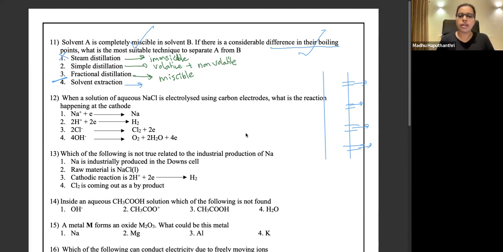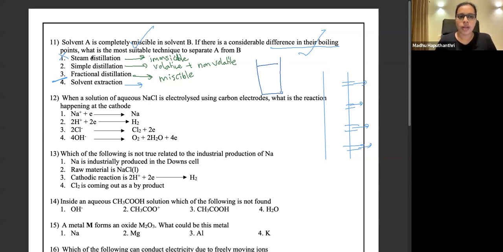So the resulting mixture is a homogeneous one, right? You have a glass of water, to that you pour some ethanol. Since ethanol and water are miscible in each other, if not simply I can say soluble, then thereafter also you see a uniform solution, a homogeneous solution. That means throughout the solution, you see the same composition. If it is completely miscible, it definitely gives rise to a homogeneous solution.